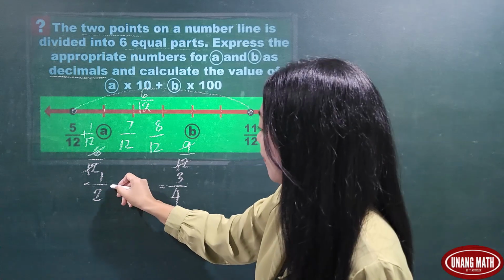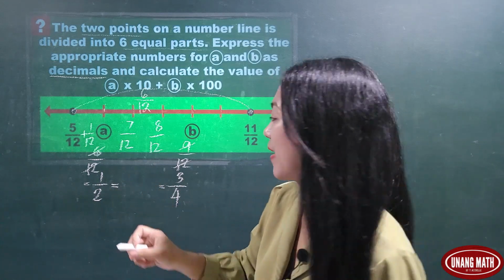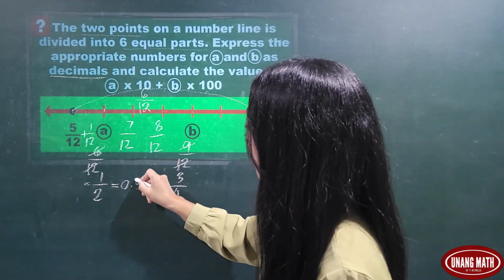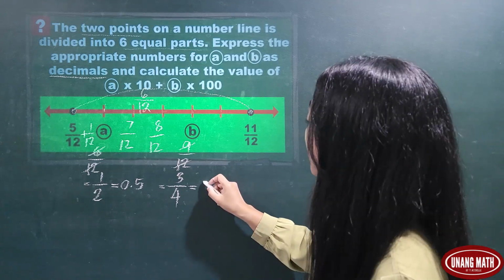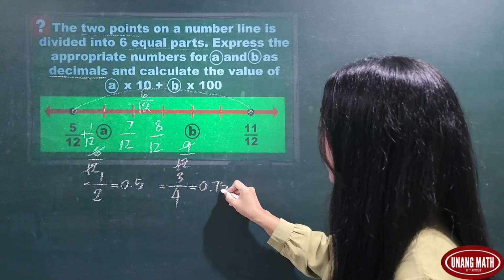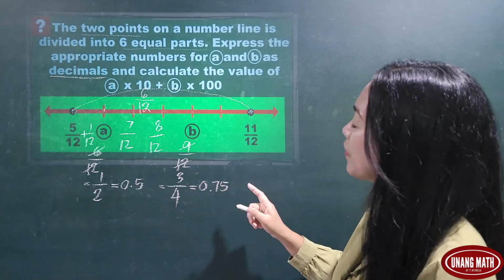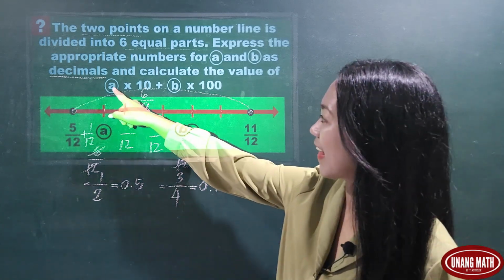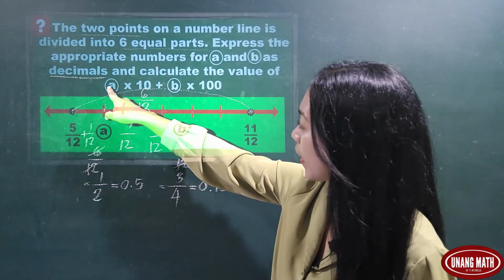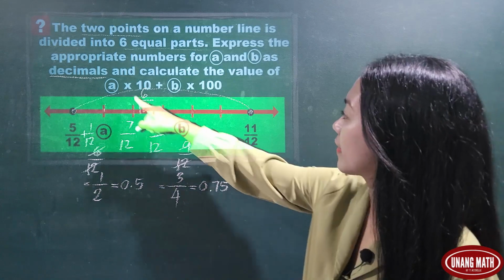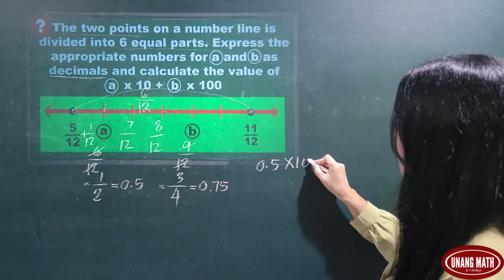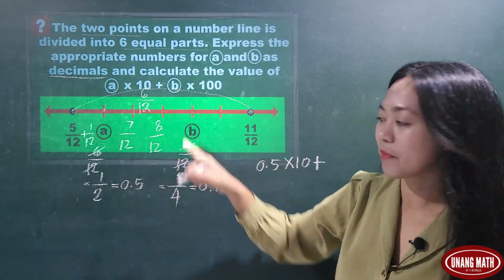Okay, 1/2, kung isusulat natin as decimal, it's equal to 0.5. Okay, ang 3/4 naman, kung isusulat as decimal, it is 0.75. Okay, ngayon, pwede na nating makalculate ang equation na ito. So, A here is 0.5. Okay, times 10. Okay, plus ang value ng B, which is